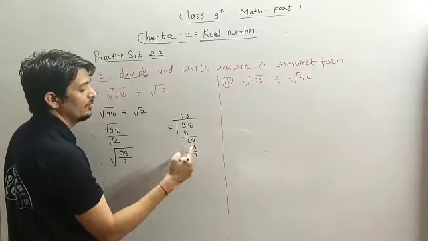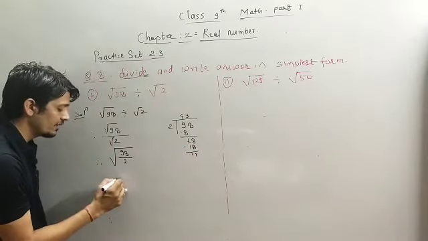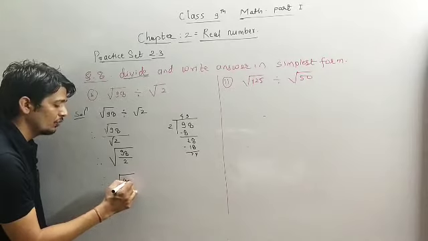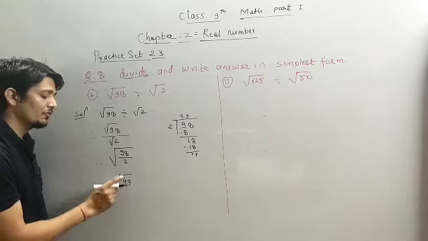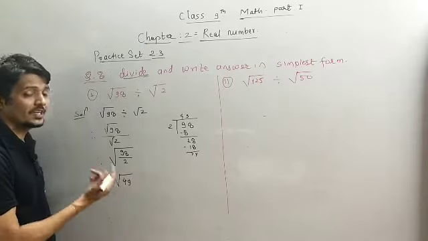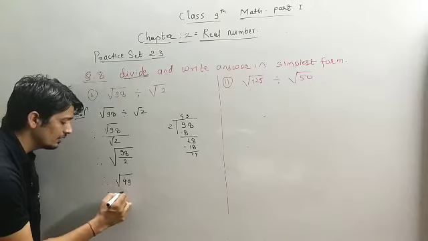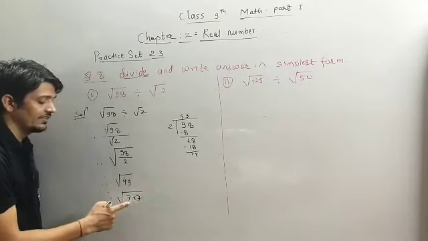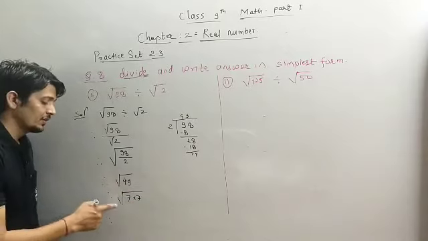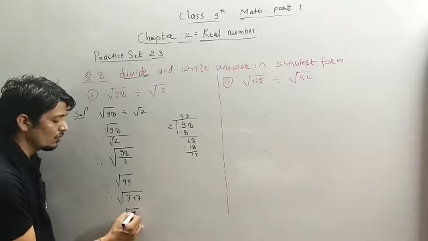So 18 में से 18 क्या कट गया, तो आंसर क्या आ गया, 49. So we can write answer as 49. Okay, so now we had this is the answer, but we have to write this answer into simplest form. So we know root 49 को हम ऐसा लिख सकते हैं 7 into 7. 7 7s are 49. So we can write it as 7 into 7, means square of 7.